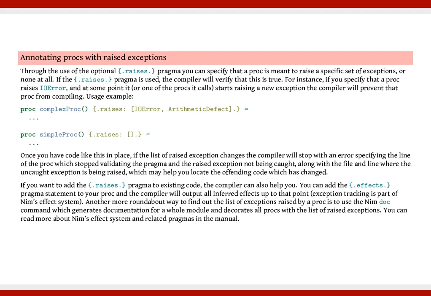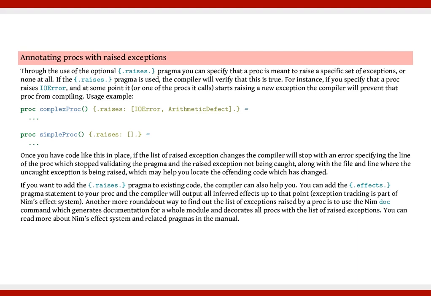an error specifying the line of the proc which stopped validating the pragma, and the raised exception not being caught, along with the file and line where the uncaught exception is being raised, which may help you locate the offending code which has changed. If you want to add the .raises pragma to existing code, the compiler can also help you. You can add the {.effects.} pragma statement to your proc, and the compiler will output all inferred effects up